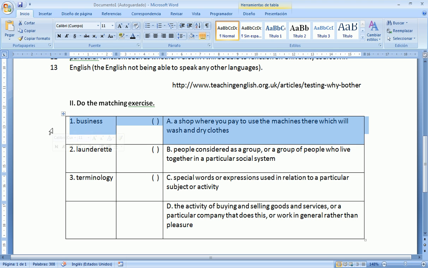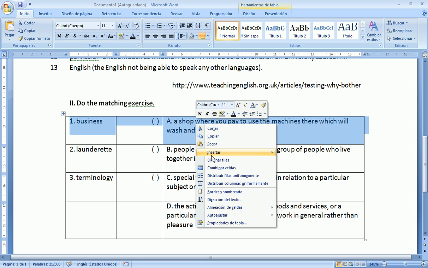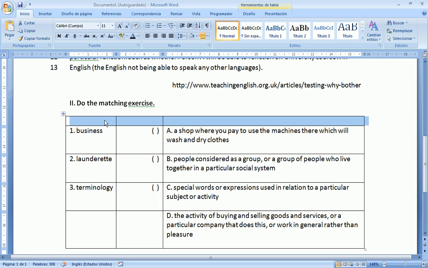Actually, I guess that to be fair with the item, you can write here words, and here you can write definitions,